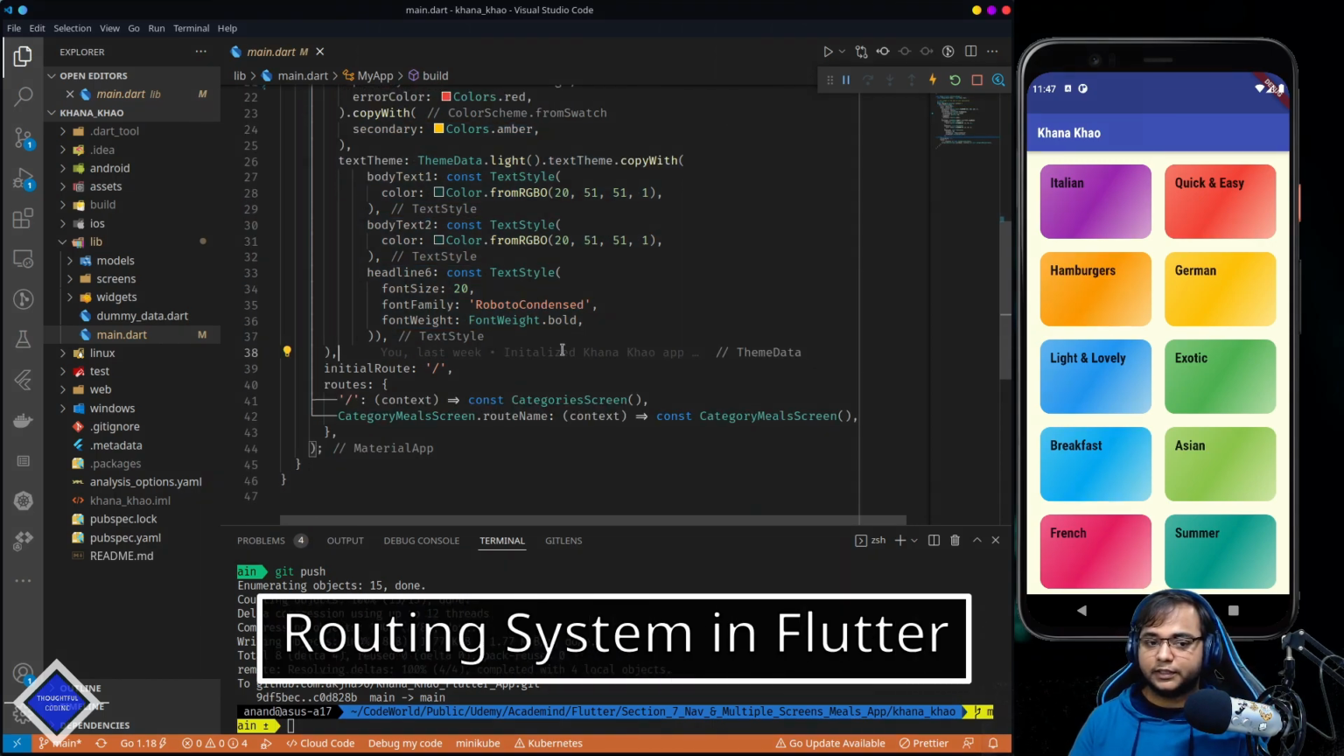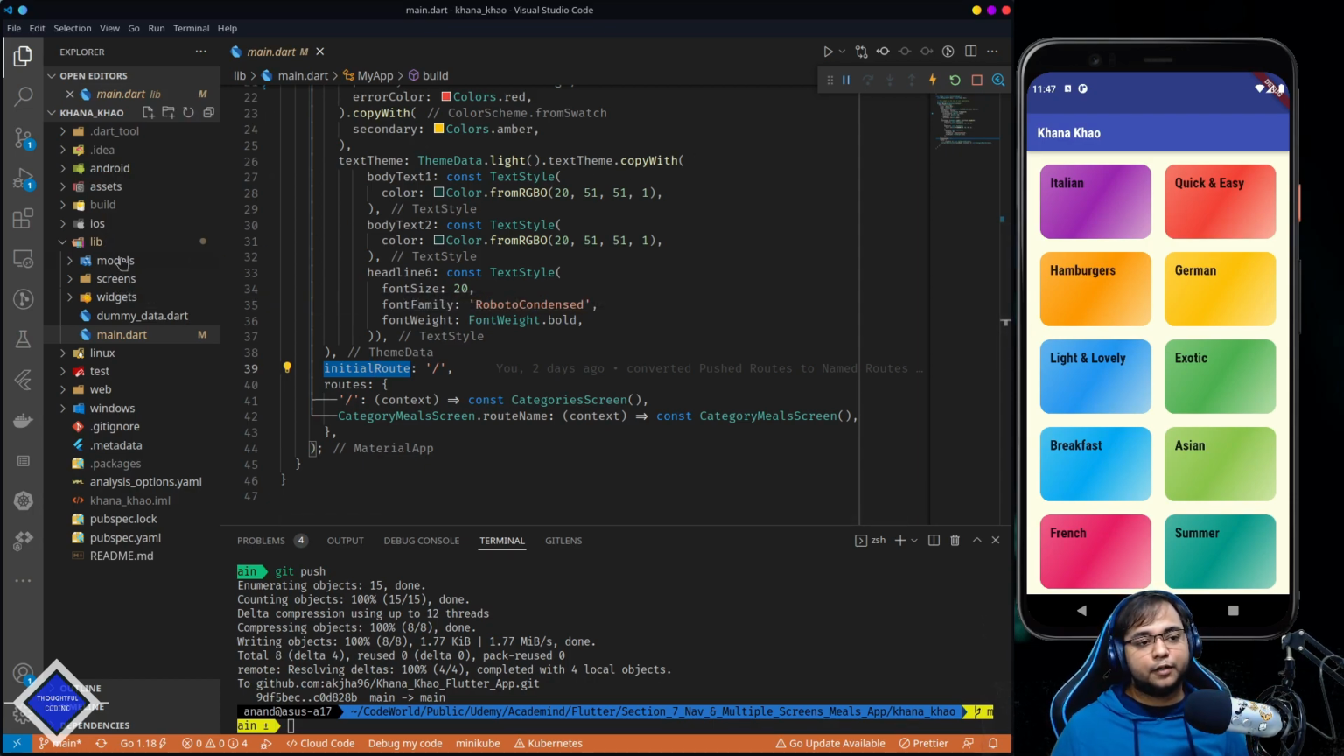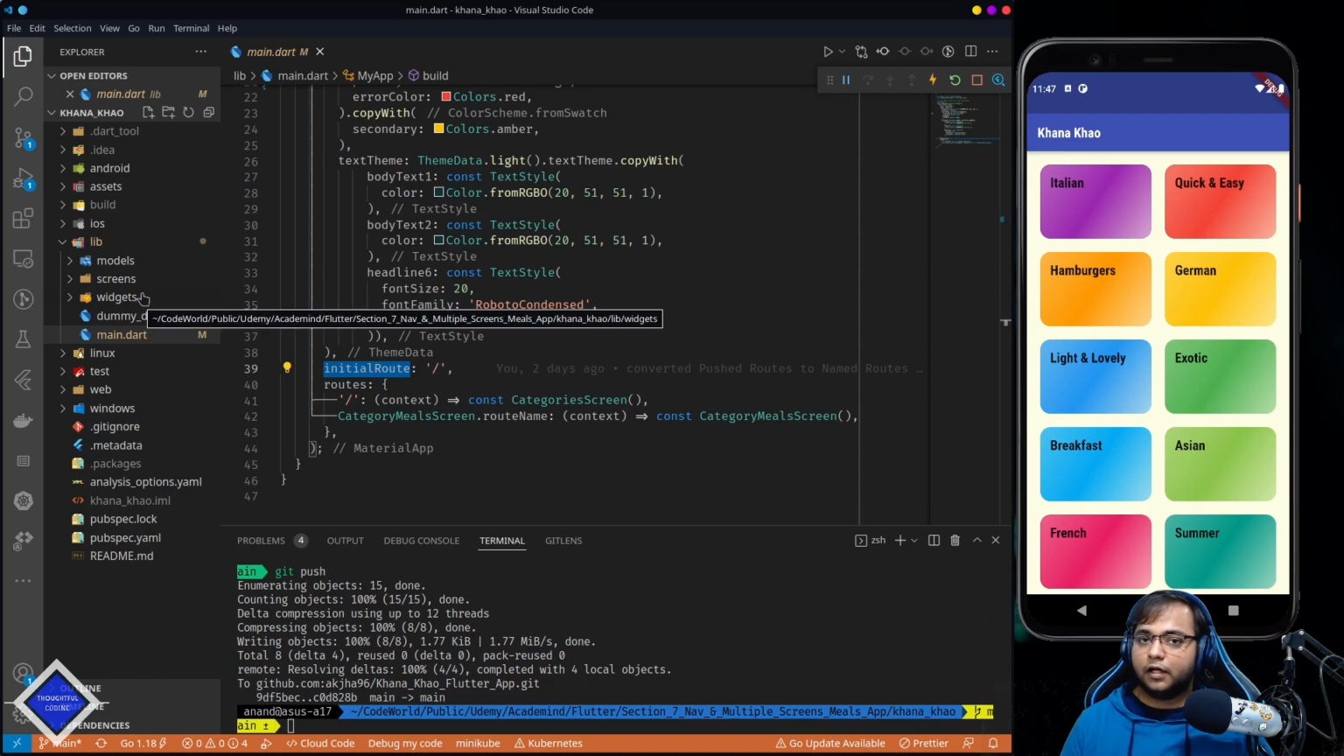Now for the routing system, how it works. Like in React, we have got React Router DOM. Here you have an internal routing system. In mobile apps, we have got screens. We don't have web pages, right? So we call them screens over here. As you can see, there is a screens folder inside the lib, and there is widgets, your dumb component kind of stuff, and then you have got